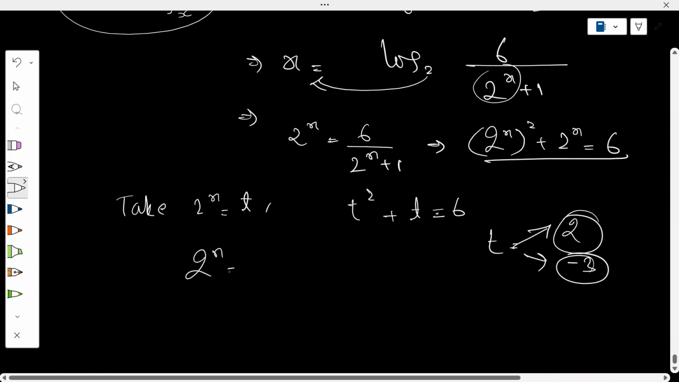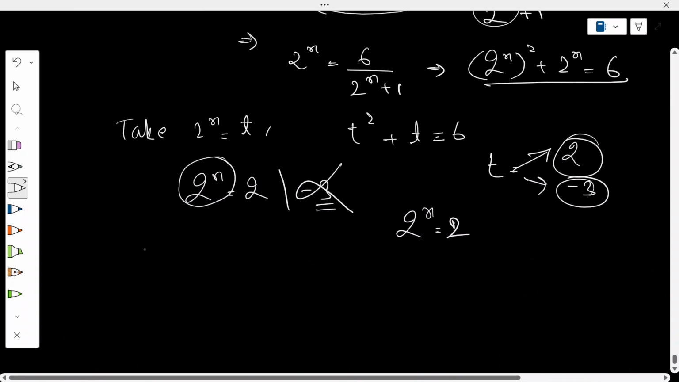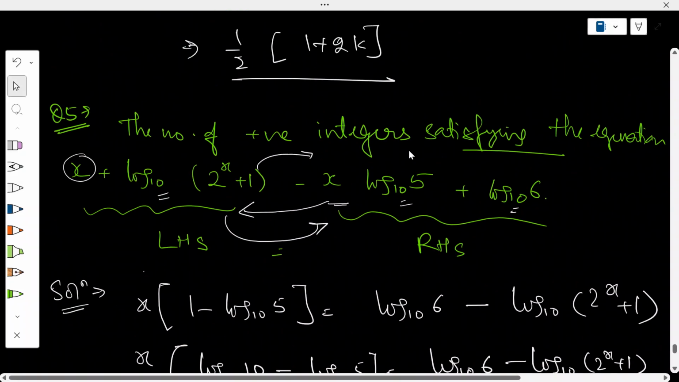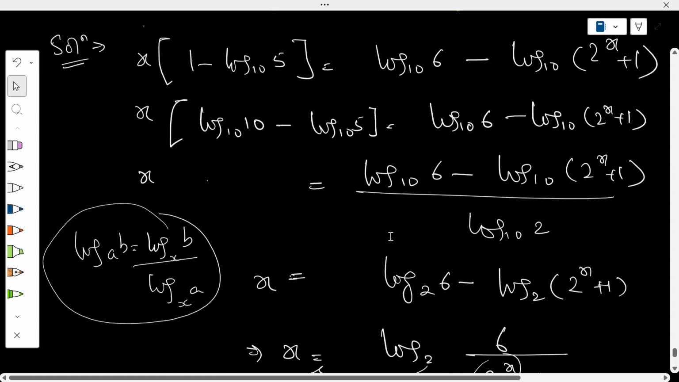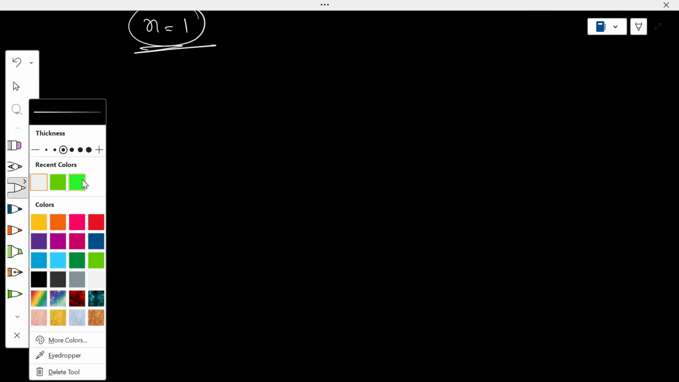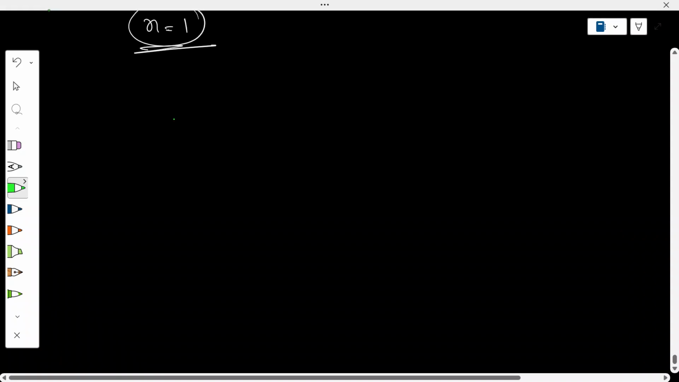Since 2x equals 2 or -3, and 2x cannot be equal to -3, this becomes invalid, and 2x equals 1, which translates to x being 1. Since we have to find the number of positive integers satisfying this equation, the answer would be 1. So we will look at the next question. Next question, that is question number 6, is